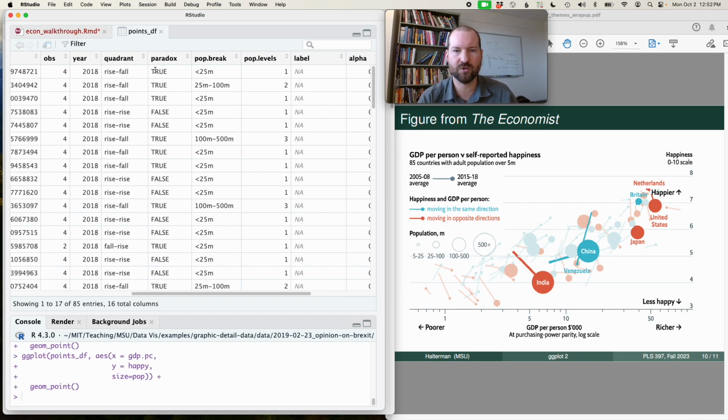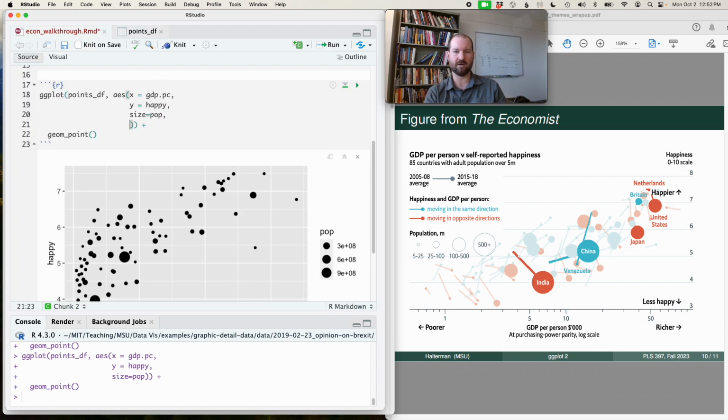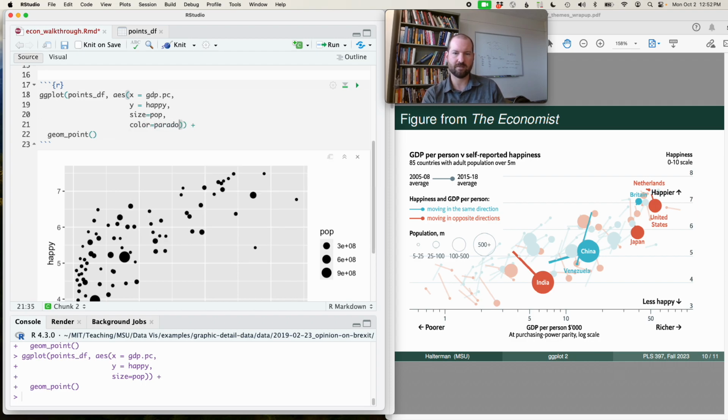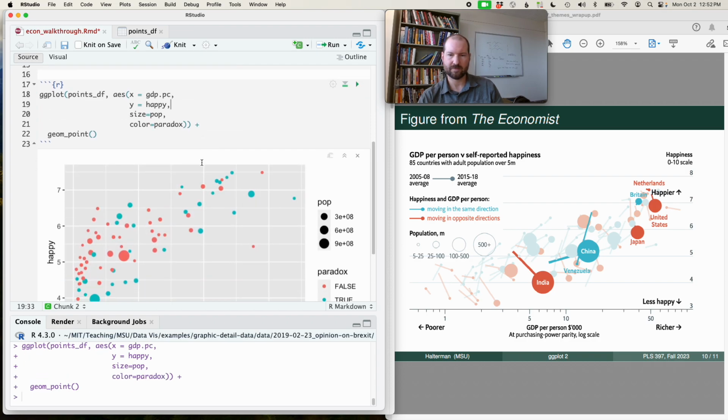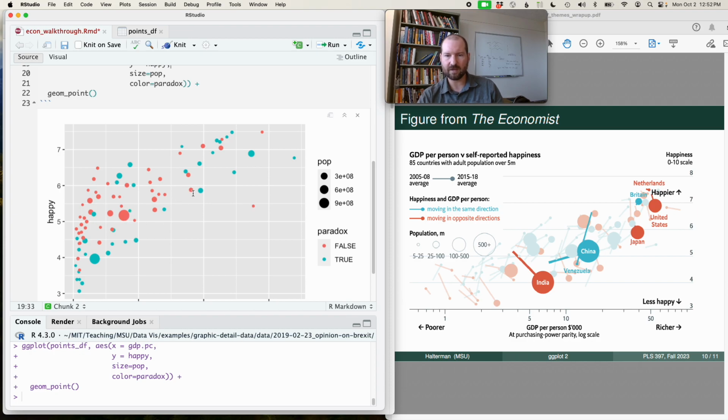So I think true means that they're moving in opposite directions, and false means there's no paradox, they're moving in the right direction. Okay, so I know I want to set my color based on paradox. Let's see what that looks like. Okay, great. So we have colors now,